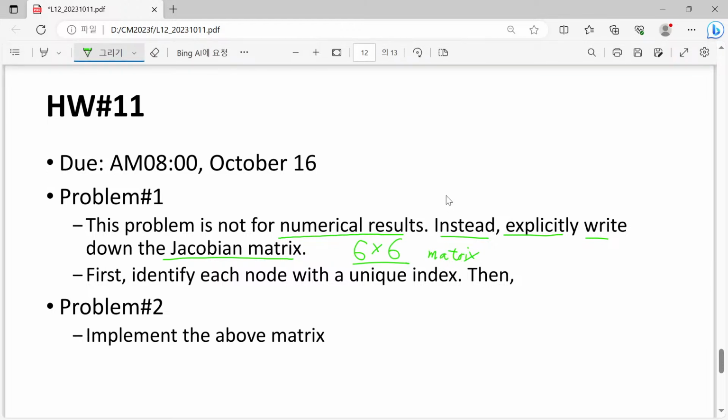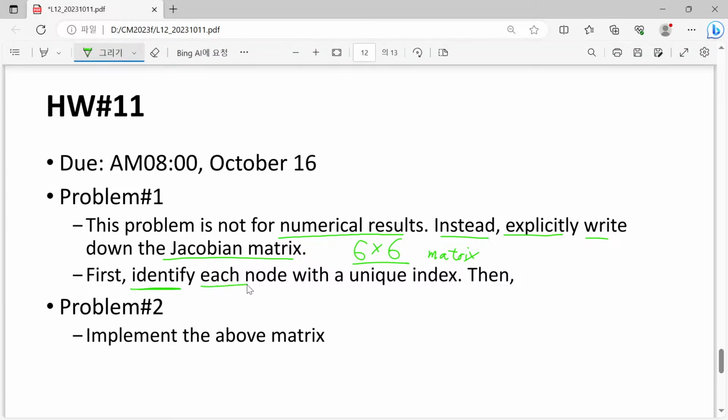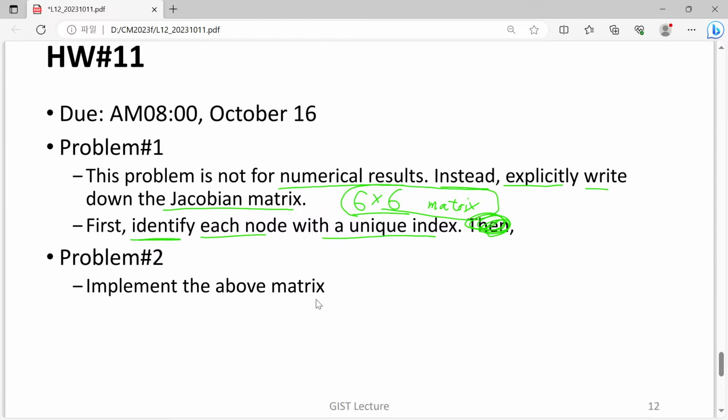Of course, in order to do that, first you must identify each node with a unique index. This is just an incomplete statement. So first identify each node with a unique index, then please show the 6 by 6 Jacobian matrix. After that, your problem 2 is just to implement the above matrix in your code and solve the